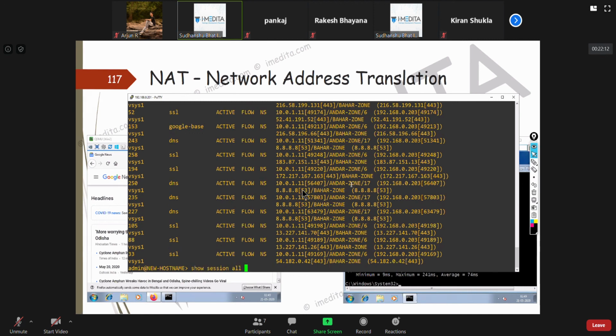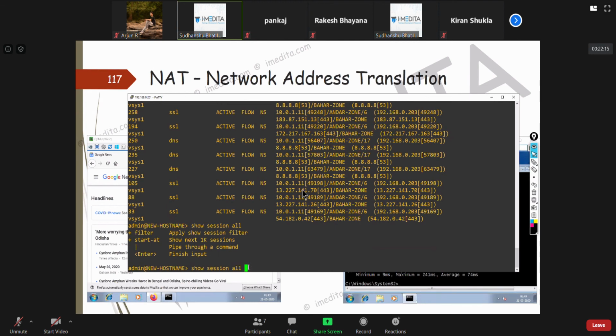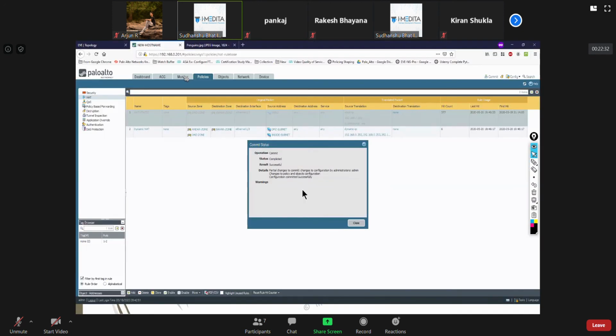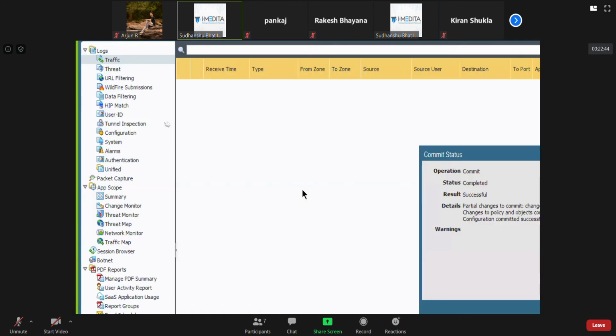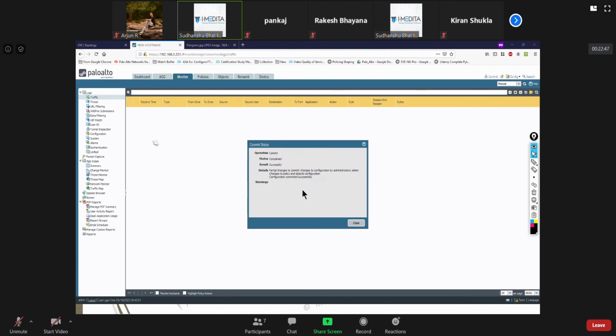Now there are many other options. You can just filter and see them. Like you could add filters, but preferably people don't like to see all of it through CLI. But here I'm just showing you it through this because your monitor tab will not work until a license is installed onto the firewall. Similarly, even in a licensed firewall you can see it here. I have included that in some of the screenshots that will be coming later, so you'll be able to figure it out.